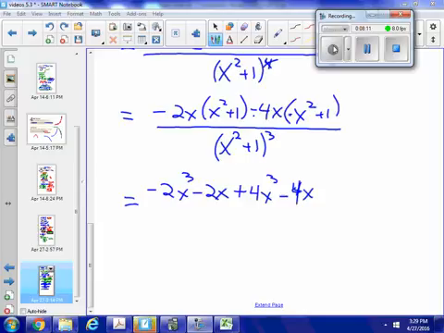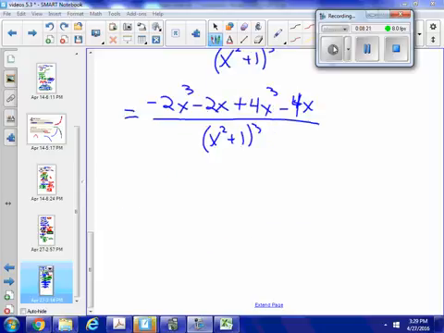Again, over (x squared plus 1) cubed. Well, that is equal to negative 2x cubed plus 4x cubed, which is 2x cubed minus 6x